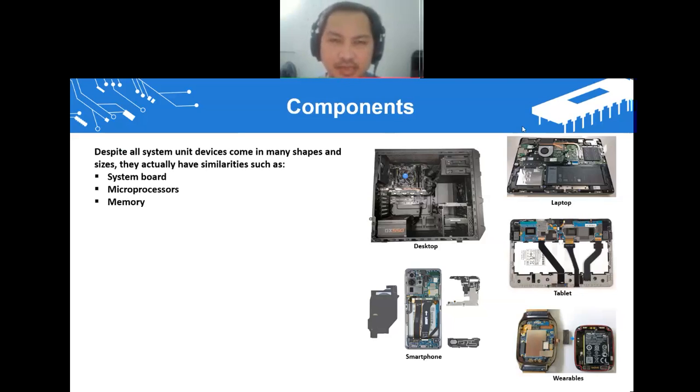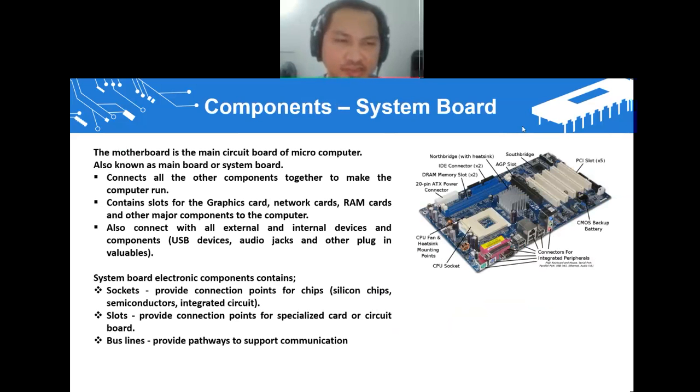So the next part, we go to the specifics of the components. The first one is the system board. The motherboard is the main circuit board of a microcomputer. It is also known as the main board or system board. The system board usually connects all the other components together to make the computer run. It contains slots for the graphic card, network card, memory card, and all other major components of the computer. It also connects with all external and internal devices and components such as USB devices, audio jacks, and other plug-in